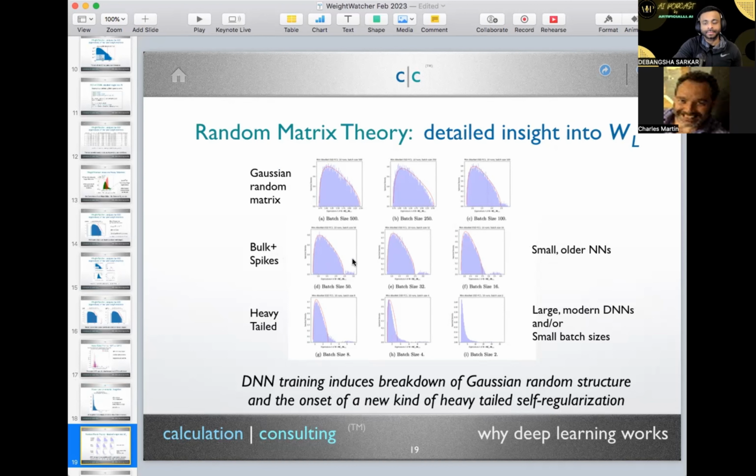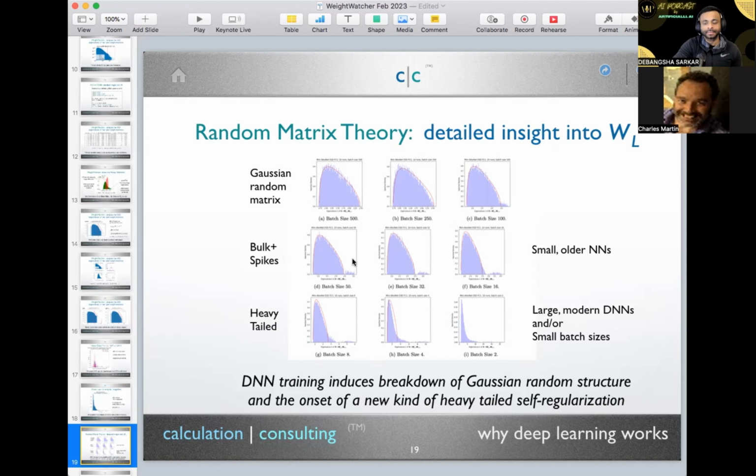Now, if you actually look at real neural networks, something like the fully connected layers in AlexNet, and you zoom in, you see the edge is totally decayed. This is the core. And if you really zoom in, here's FC1, FC2. They look the same. If you zoom in, you see this is power law. It's heavy-tailed all the way through. It's not just decaying at the edge, but the whole shape has been modulated. Yep, this is the critical idea. So it's heavy-tailed and power law.